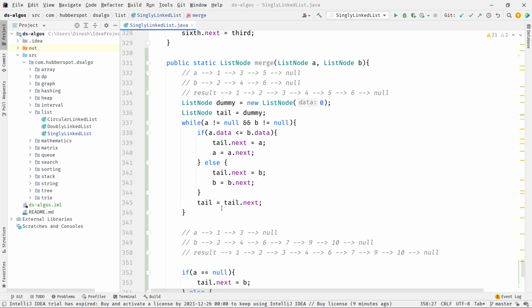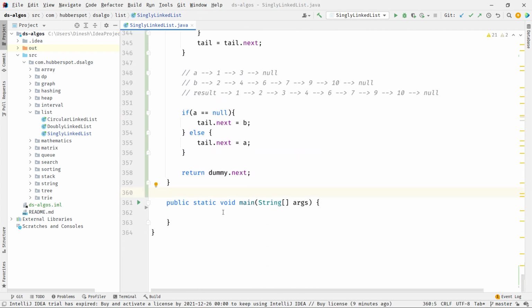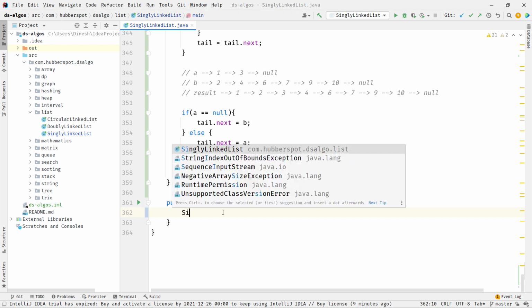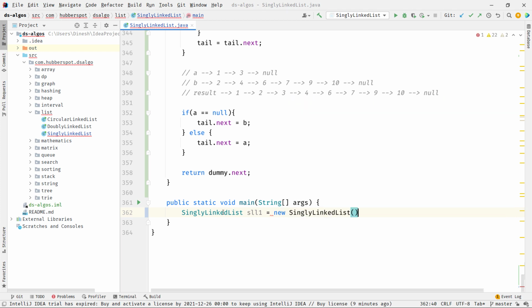Now let's test its working in the main method. So in the main method, we will create two singly linked lists and we will add a few nodes to them.